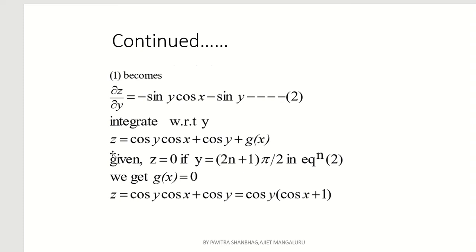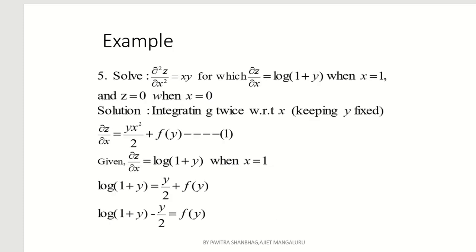So what remains finally? z equal to cos y cos x plus cos y plus 0. Now what is common here? Cos y common, remaining term cos x plus 1. So this is the final solution of the given PDE. Now